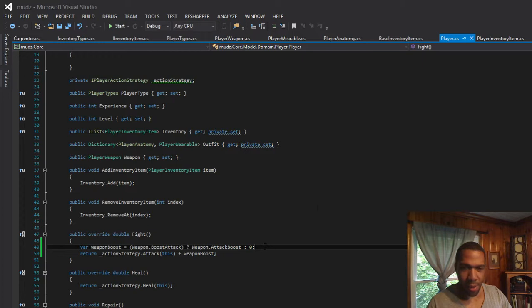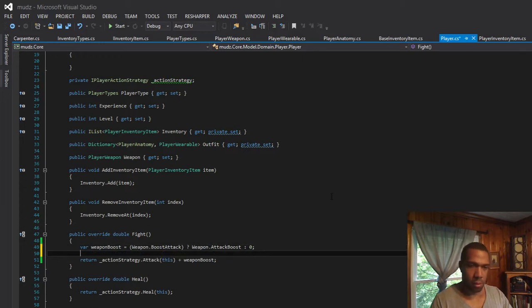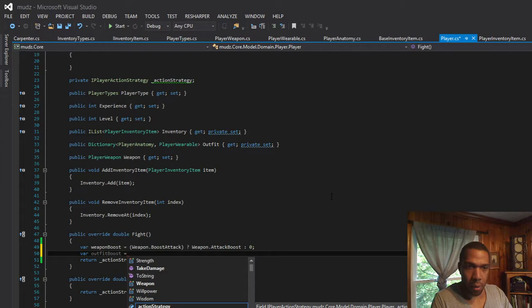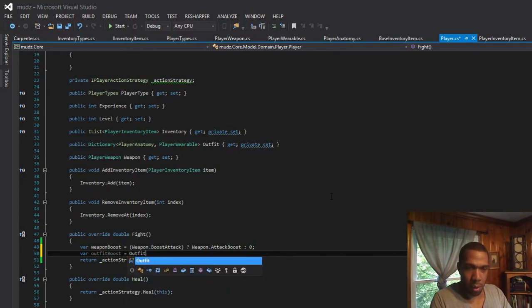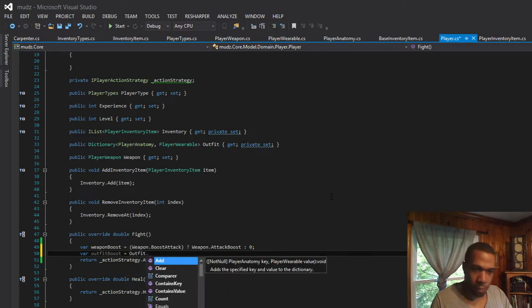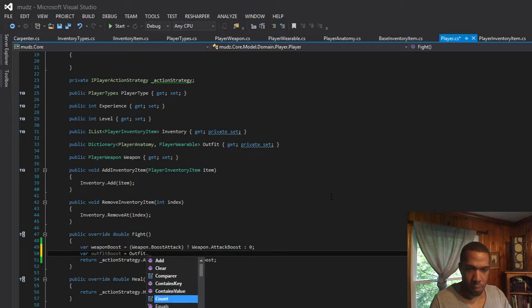So I'm going to leave that there. Then I'm going to say var outfitBoost is equal to outfit. Let's see if it contains value. Gives me what I want. No. I want to